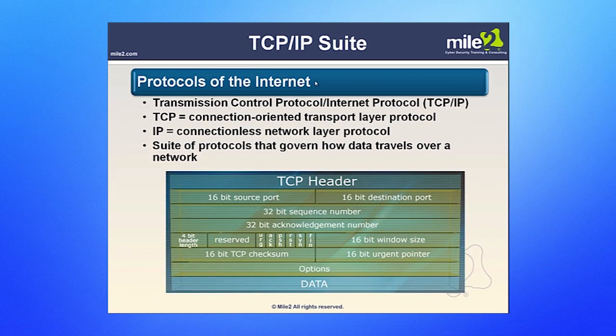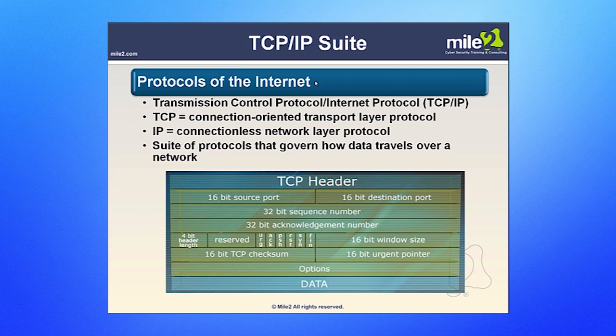Now, some of this will be just going more into some of the more interesting ones. The TCP/IP protocol suite is the most common one we see now. It was named after two popular protocols from the suite, just TCP and IP. TCP is a connection-oriented transport layer protocol, and we saw that at the transport layer. And as you can see, IP is at the network layer, and that's connectionless because it would be faster that way. And we don't always know from start to finish what path we will take